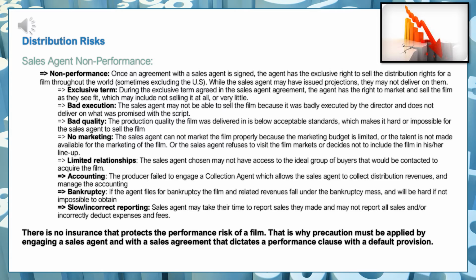I've seen this many times with producers that I work with on their projects and sometimes consult for that are dealing with a project where they did not have a collection agent and are now fighting with the sales agent over revenues. And I stepped in a few times in helping that process and getting these producers and their investors paid. And it always has to do with sales agents not reporting or very slowly reporting. Again, this can be avoided by including a collection agent.